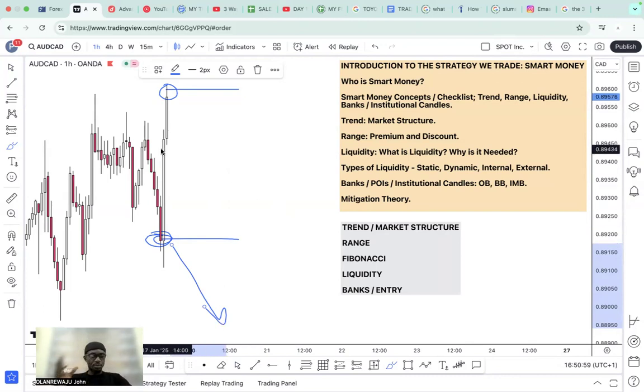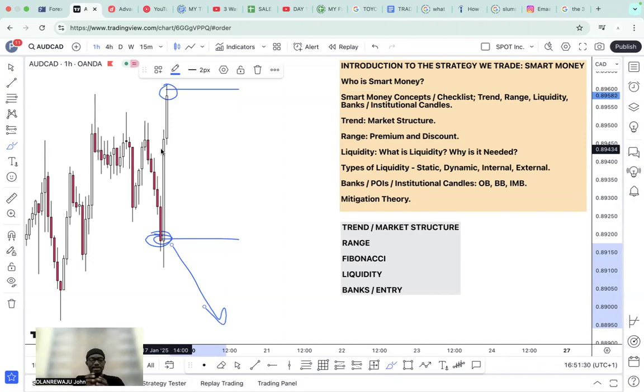And that is what smart money does. Because they have the money, they can move the markets. So the ideology behind them is that when they want to buy, they need sellers. So the thought process is that they will deceive people to think the market wants to sell. So when there are enough sellers, then they buy. And when they want to buy, take note of what I'm saying. Now when they want to sell,